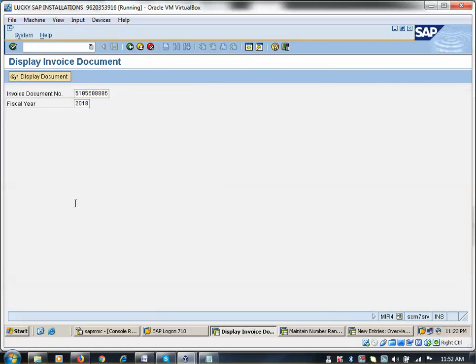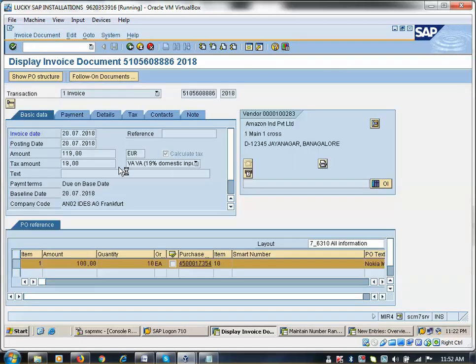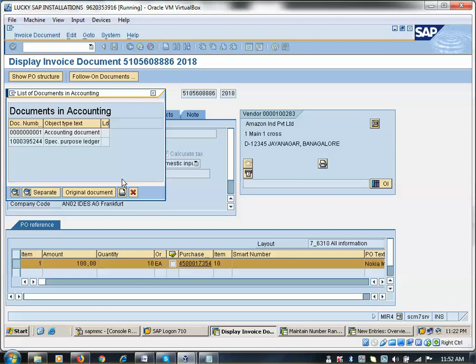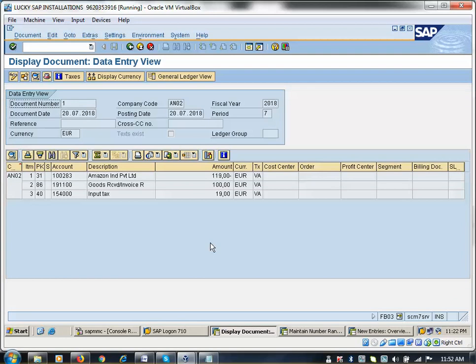Click on enter. If I hold it, the following document will not be created. If I park it, the document will be created only with the vendor number, but it will not be updated according to the GL account configuration done by the MMFI integration. MMFI integration means I purchase, you are notified, then you make the payment. That is the integration.